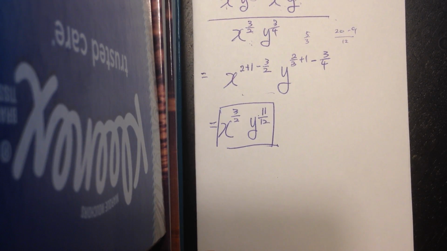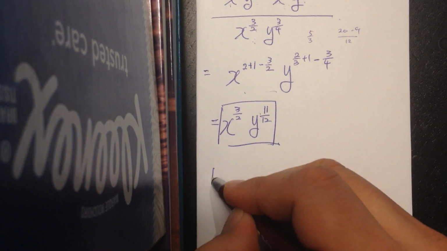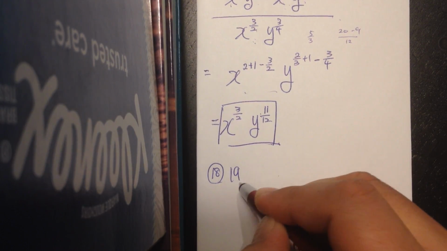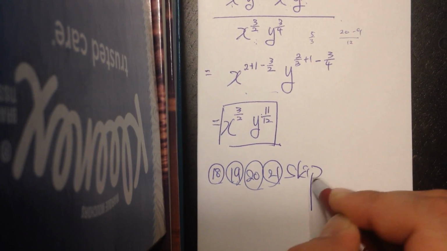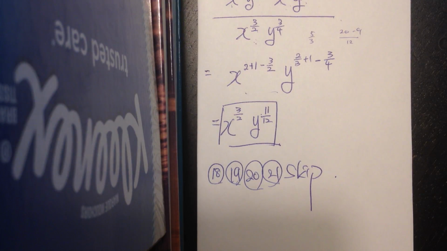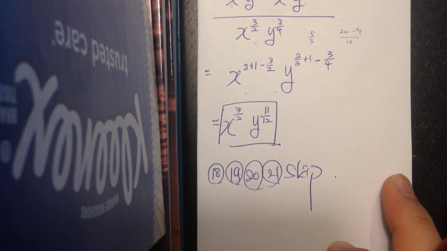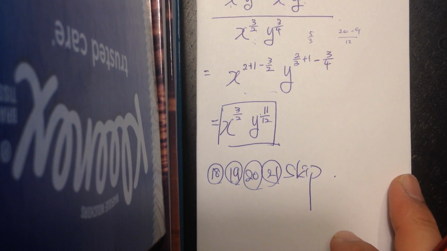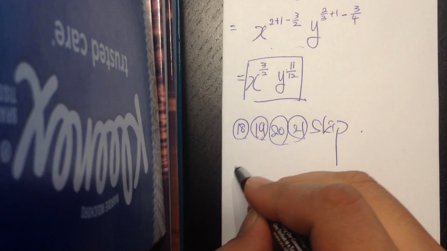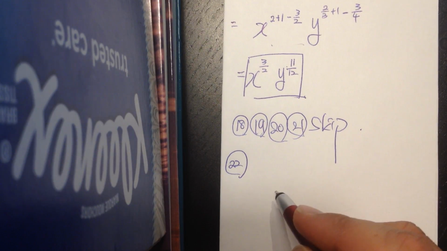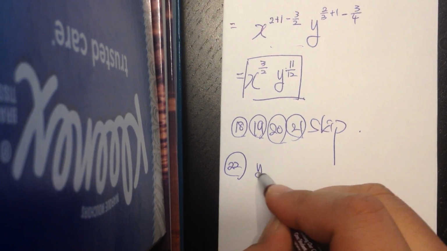Yeah, let's skip 18, 19, 20, and 21, okay? Skip. That's just too much. Well, I think distance midpoint, that's too easy. So let's take a look at 22. 22 is very important in pre-cal. 22, as you could see now,